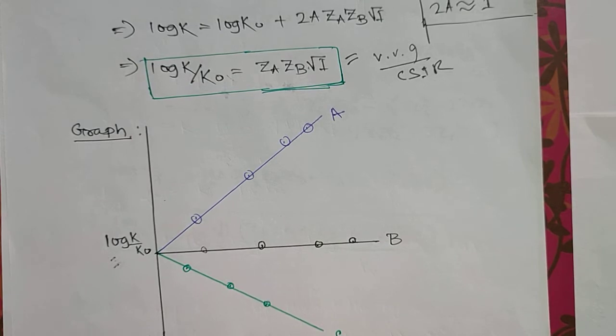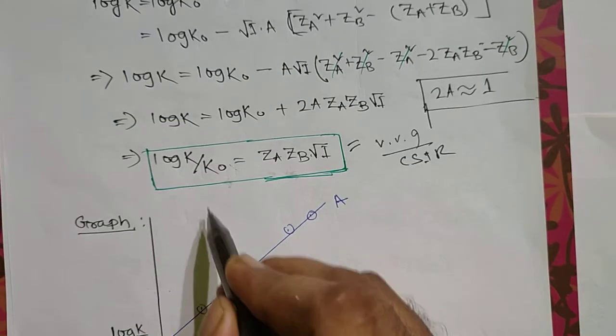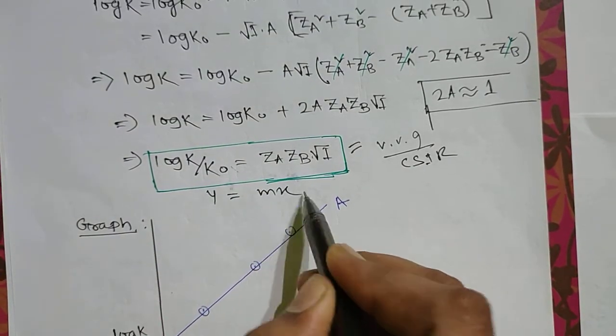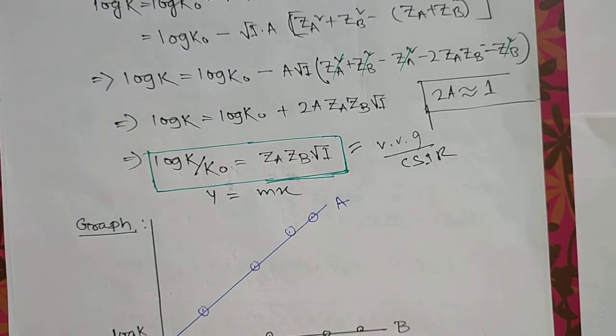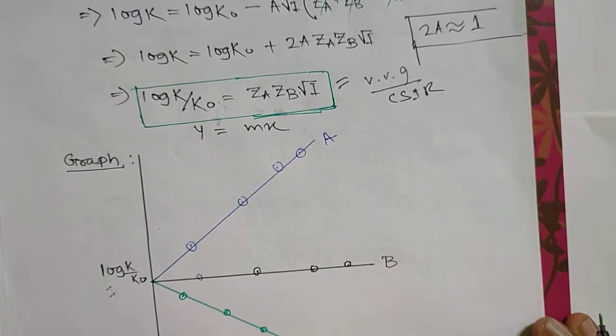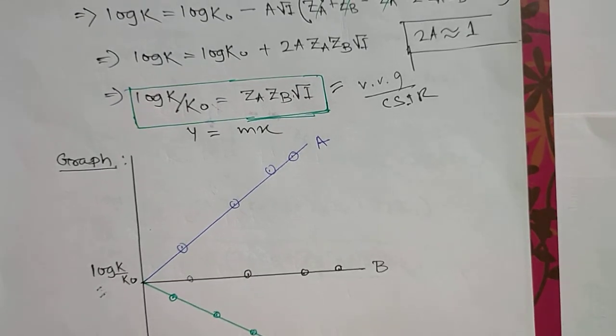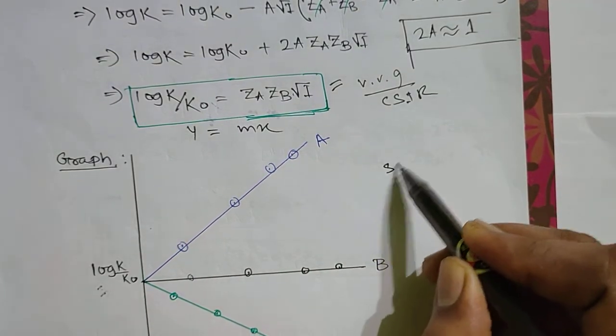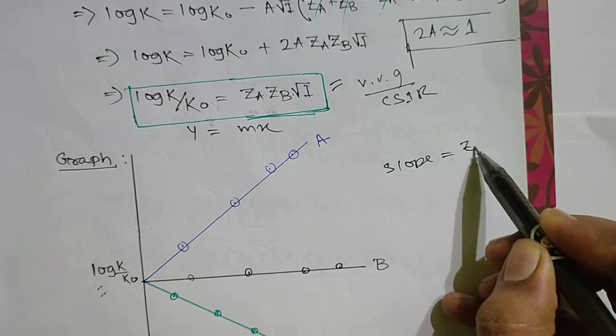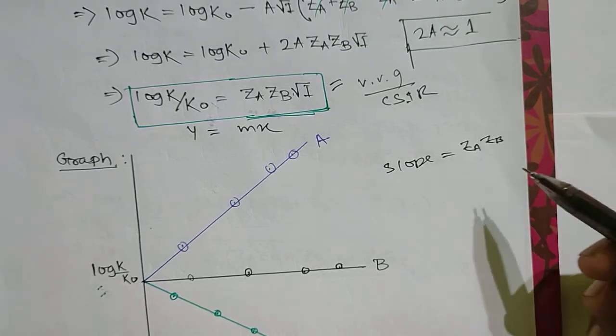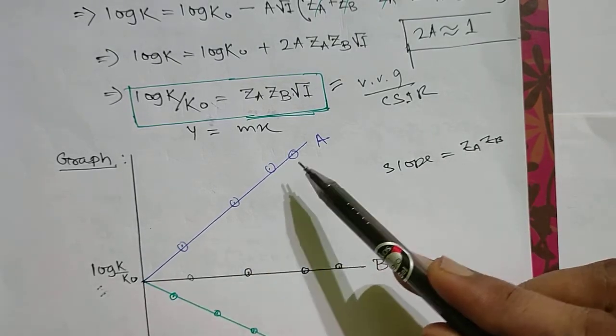Okay, and these things will be simplified by seeing the graphs actually. So this is the graph actually, and this is like the y equals mx equation. So this will be a straight line passing through the origin. As c is equal to 0, there will be no intercept. So the main thing is whether the slope is positive or negative. So it depends on the charges obviously, za and zb. So here the slope equals za zb. Okay, so if it is positive, in that case the slope will be positive.